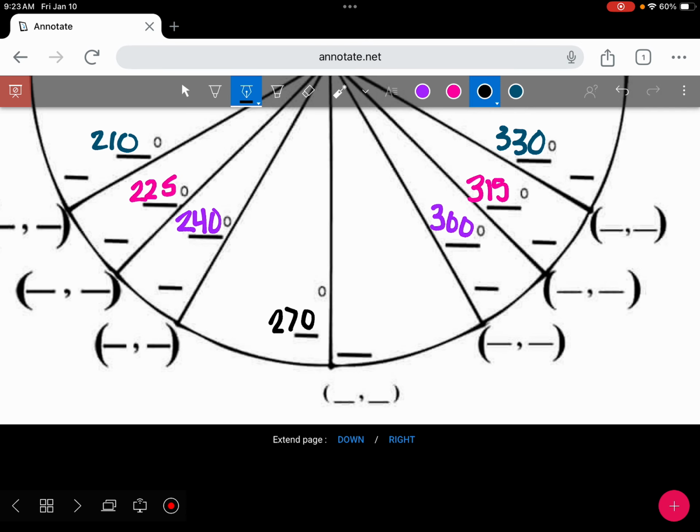So if we know that that's pi over 2 up on the top, down here at the bottom, 3 pi